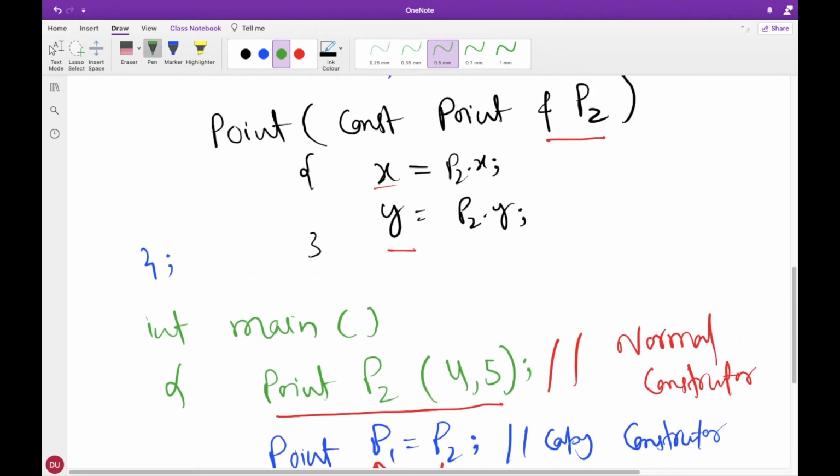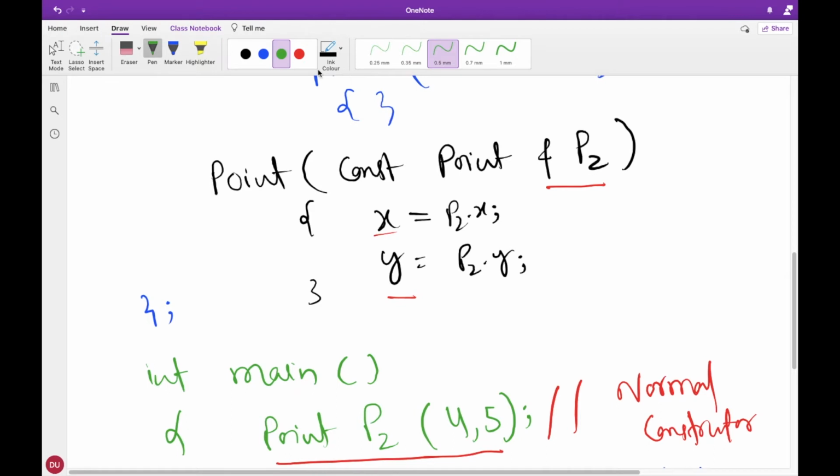So the first thing to understand here is why this user defined constructor, or copy constructor, is needed. If you don't do this, it is similar to the normal constructor we have studied previously. If you don't write your own version, the compiler will create a default copy constructor, and it will do the same thing for you. Clear?